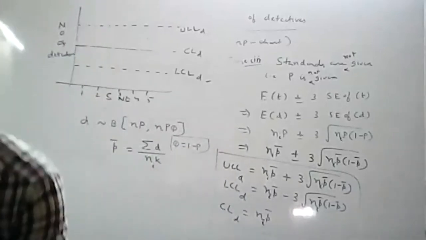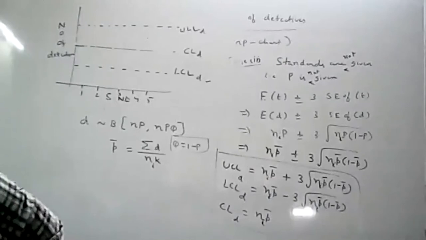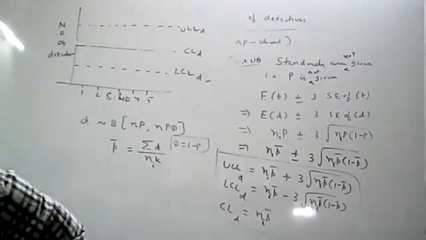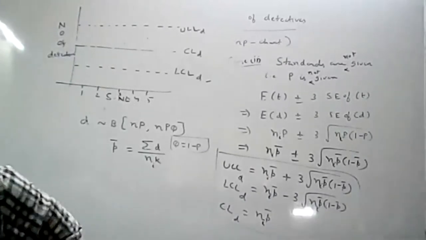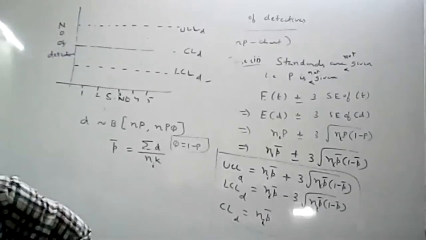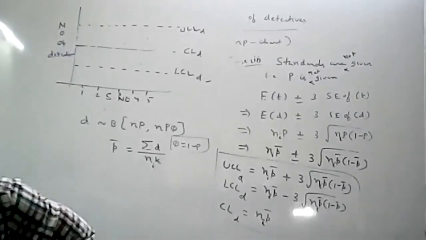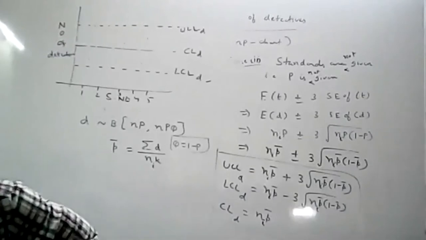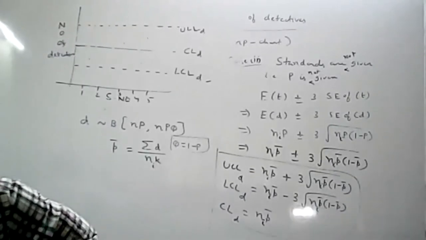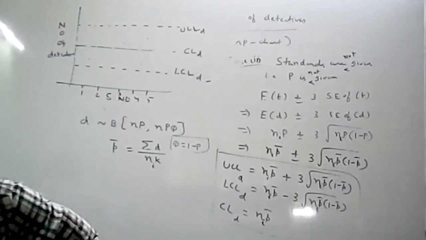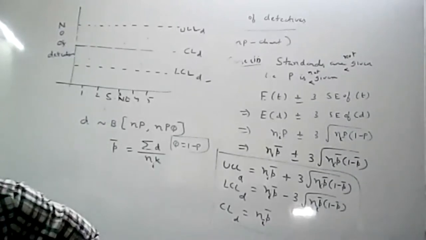Is it clear now, all of you? All of you understood? If it is clear, we will go to the problem. Then you can understand better. I hope you know these formulas. Is it clear, all of you? Say yes or no. Everybody understood the D chart? So in place of P, you have to consider D. That is the only difference.